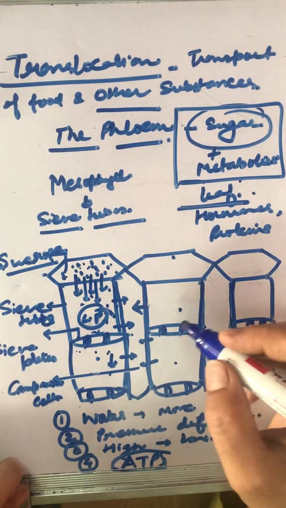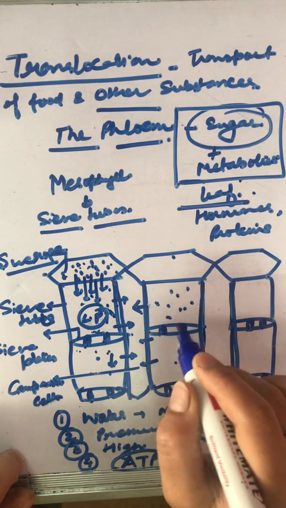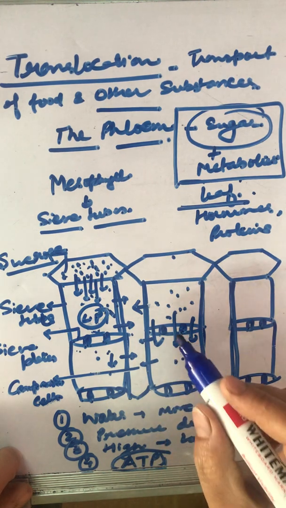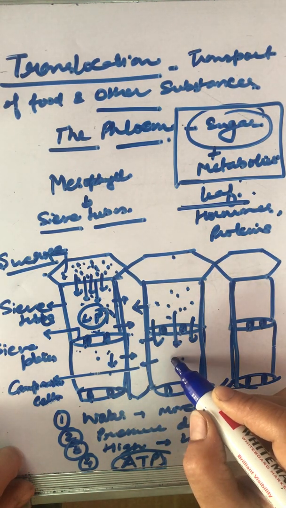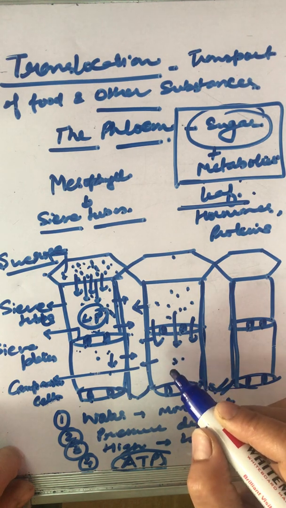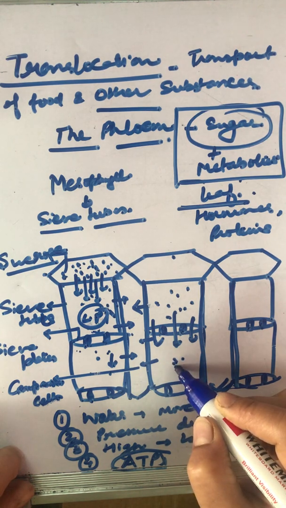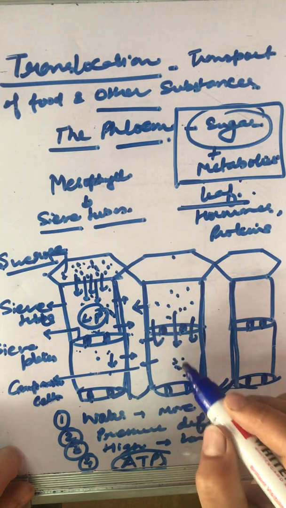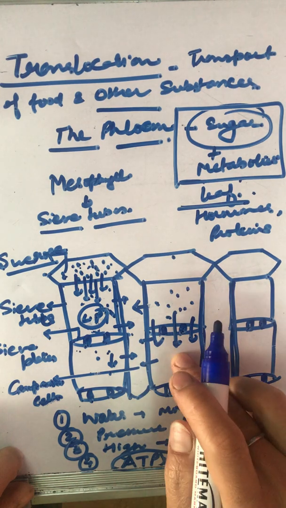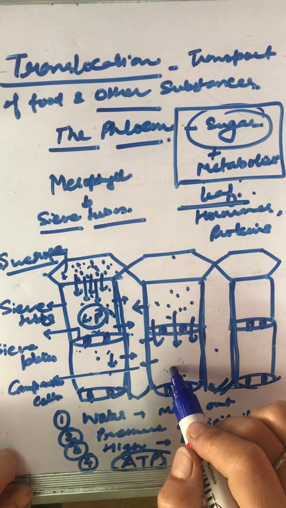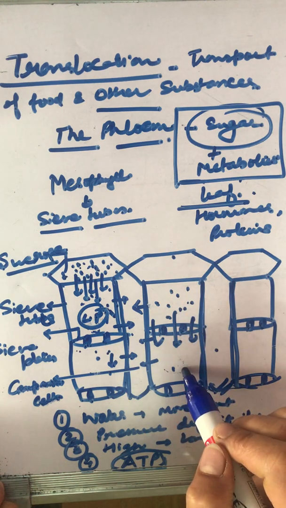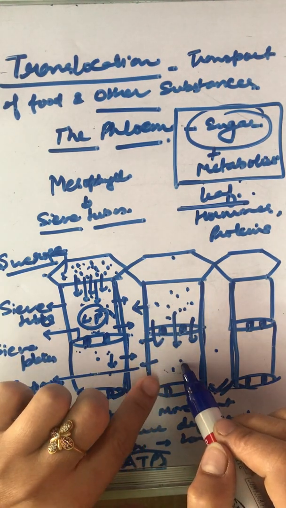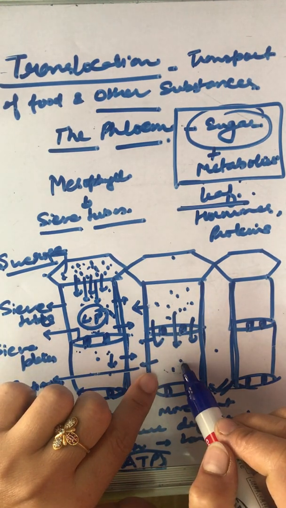Here, the transportation when taking place from here to here will not be easy. It will not go in one flow. Rather, it will consume energy. It will create or maintain an osmotic pressure, the pressure difference. Why? Because initially it had water, then water moves out. This becomes an area of low pressure now. In this low pressure area, water cannot easily move in, or food cannot easily move in, right? It will generate little energy. That energy is in the form of ATP.